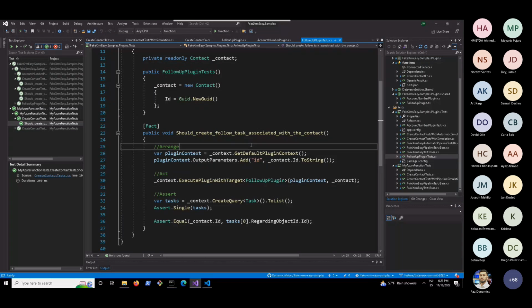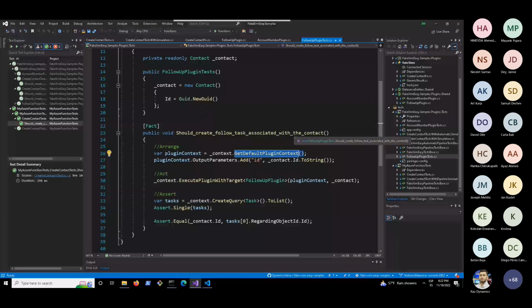So it needs the ID, which was received as an output parameter. So we need to indicate that in this plugin context property. The way we would unit test this is: what is the get default plugin context? FakeXRM is able to mock